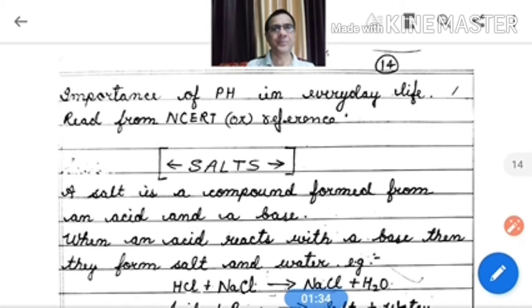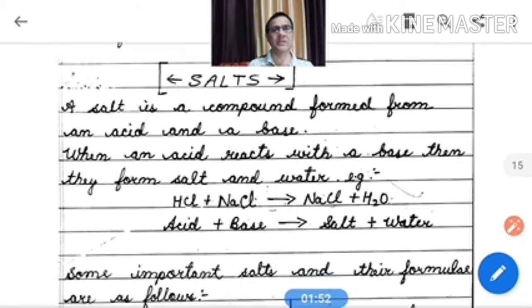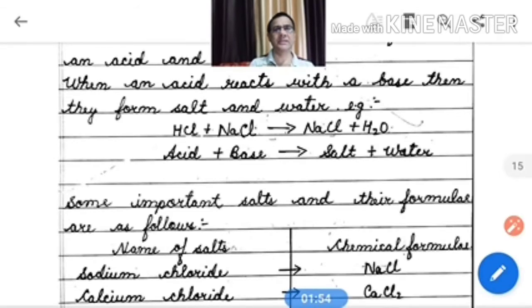Now what is a salt? Salts are the substances which are formed from an acid and a base. See, the definition is written: a salt is a compound formed from an acid and a base. When an acid reacts with a base, they form salt and water. For example, HCl is the acid, and there is a little mistake, it is not NaCl, it is NaOH. So all of you consider this NaOH, and that will be the base. So HCl plus NaOH gives NaCl plus H2O, and here NaCl, the compound which is formed,